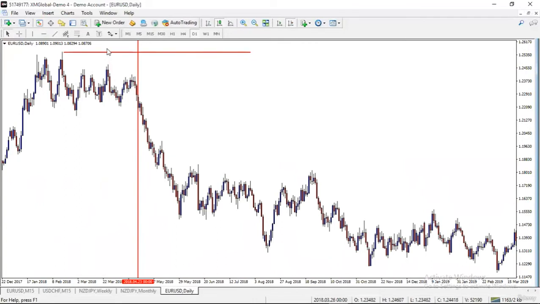That high couldn't reach that high. This one couldn't reach that high. This one couldn't reach that one. That one couldn't reach that one. This one couldn't reach that one. This one reached that one but couldn't reach that one. So in a downtrend,